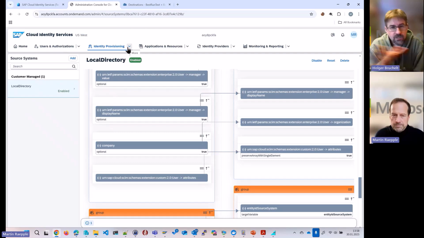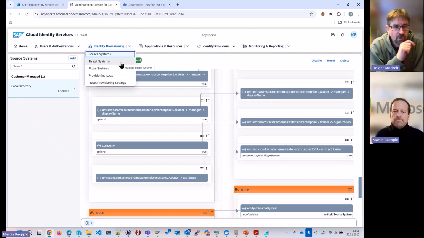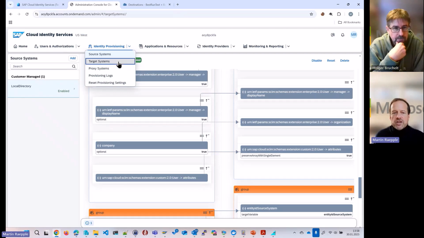Yeah. So you're doing just a plain mapping here. Exactly. Whereas on the Entra ID side, yes, you did some modification. I do a little bit of the transformation magic. Exactly. And on the target systems, not a big surprise.